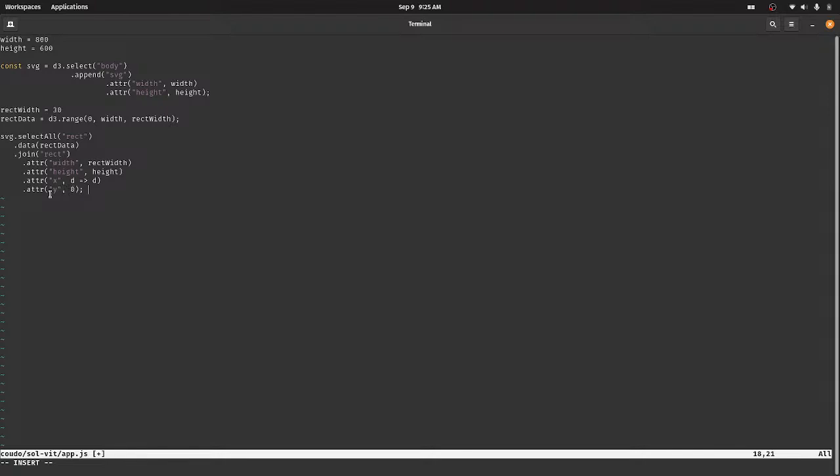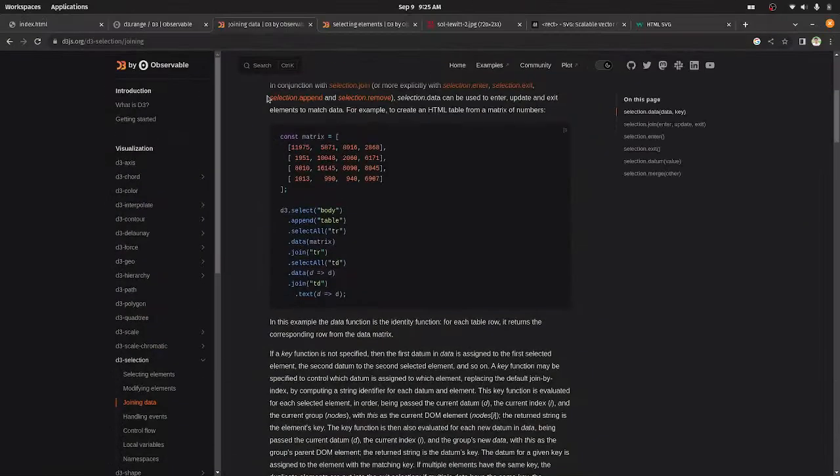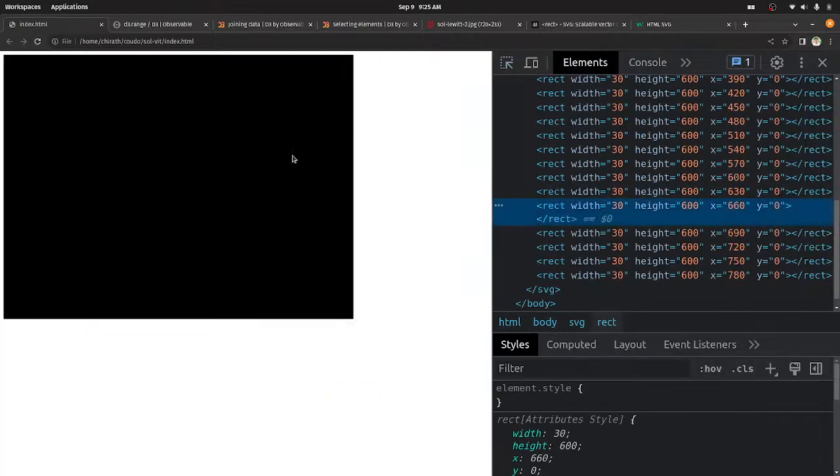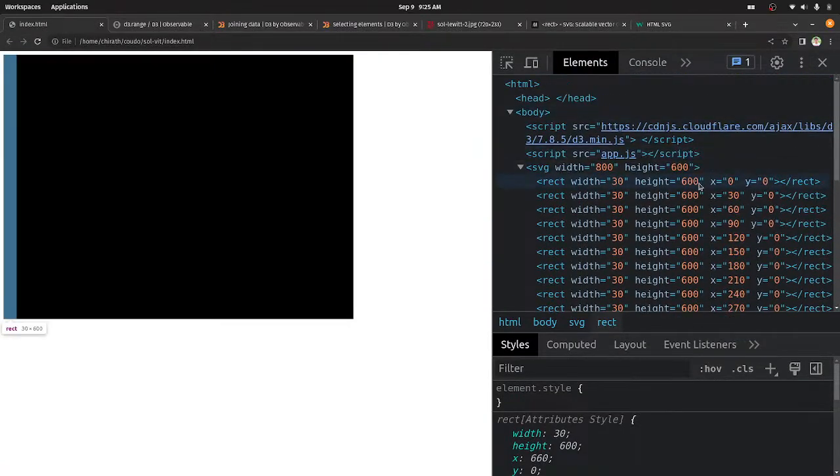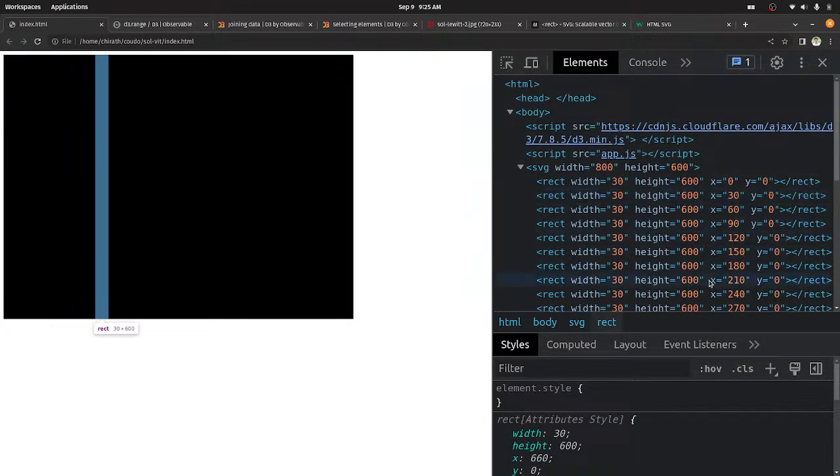So we keep the y as 0, and then if we change the x, then the rectangles would propagate across the width. So that's why we do that. I think it could work. Let's see what happens. Okay, I see what happens. So each one is created, but